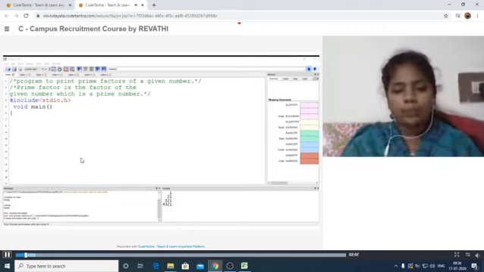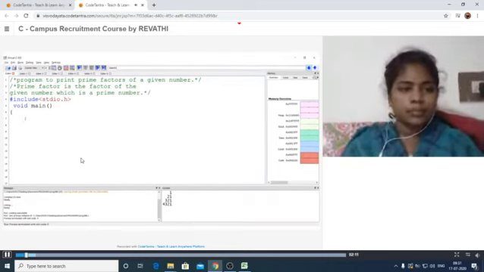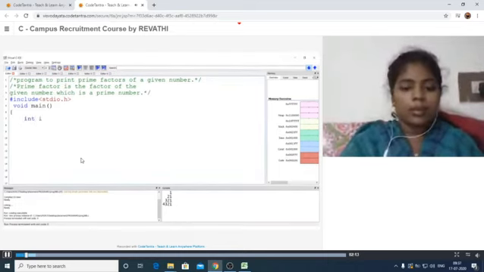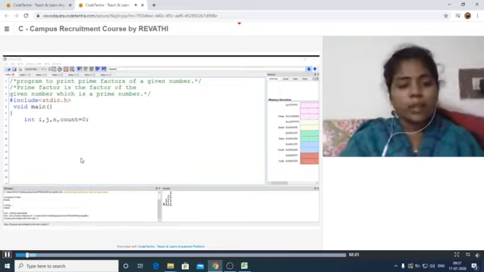Let us take int i, j, n for the input value, and count for storing the count, which is equal to 0 here.